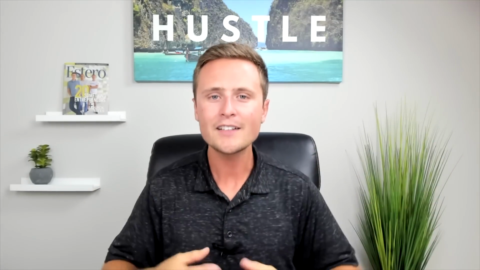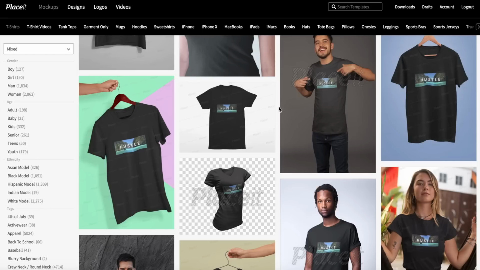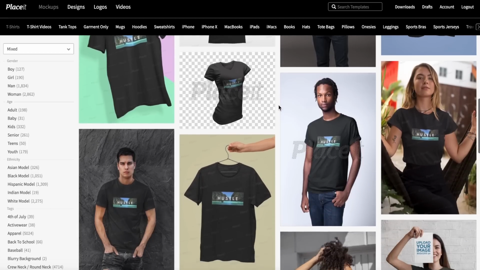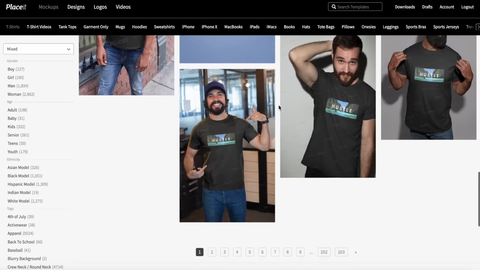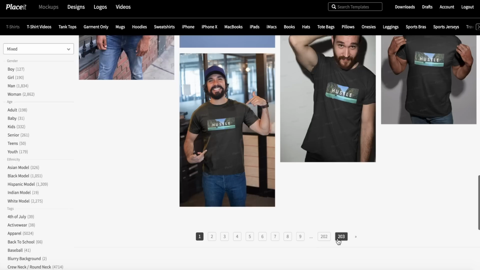And then third, and the most effective thing that you can be posting on your Instagram page, is models wearing your designs. Whether they're holding a mug that has your design on it or wearing a shirt with your design on it. And no, you don't have to print out inventory and get models and do this. You can use Placeit, the designer I was talking about previously. They have a feature that's included in their design software where you can just upload your design and then choose from, I think it's something like 18,000 different models wearing it. So it basically photoshops your design onto models, and then you can download those images and use those on your social media. What's cool about Placeit is everything you get from their website is fully commercially usable, so you can use it on your websites for profit.